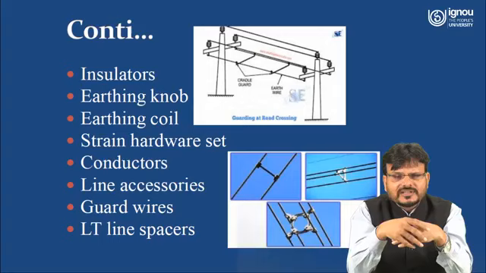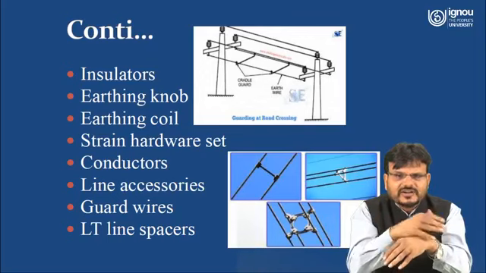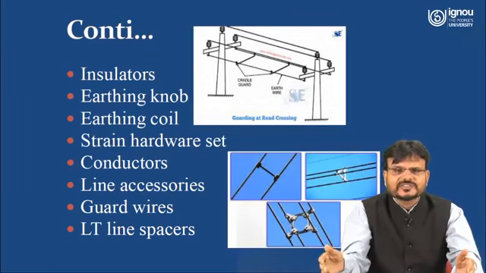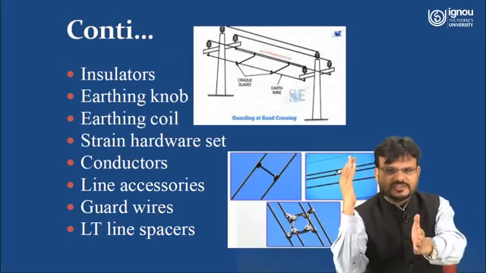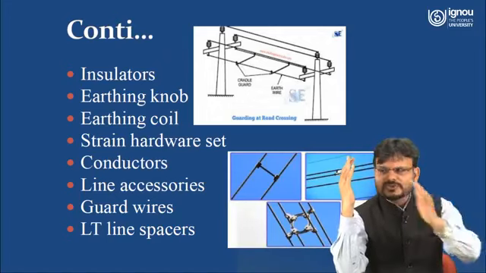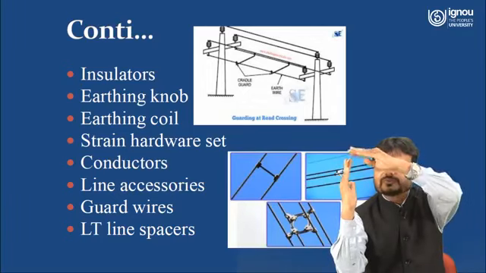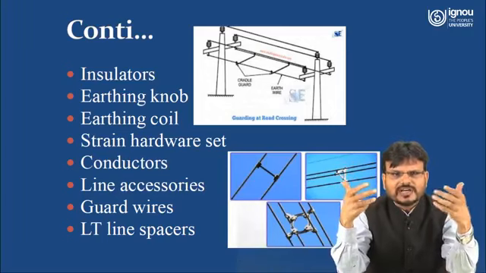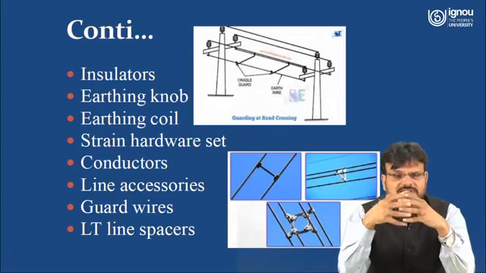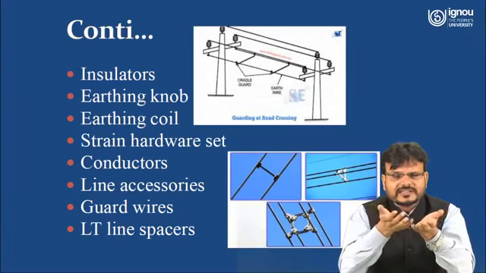Then guard wire. What is the function of the guard wire? Suppose a transmission line is crossing a railway track, or the transmission line is crossing a road. Suppose this is one pole and this is a road, and you have to transmit power from this point to this point. So the electrical wire is going from this pole to this pole. So you have to use the guard wire. What is the function of the guard wire? You can see it in the figure. So the guard wire is like